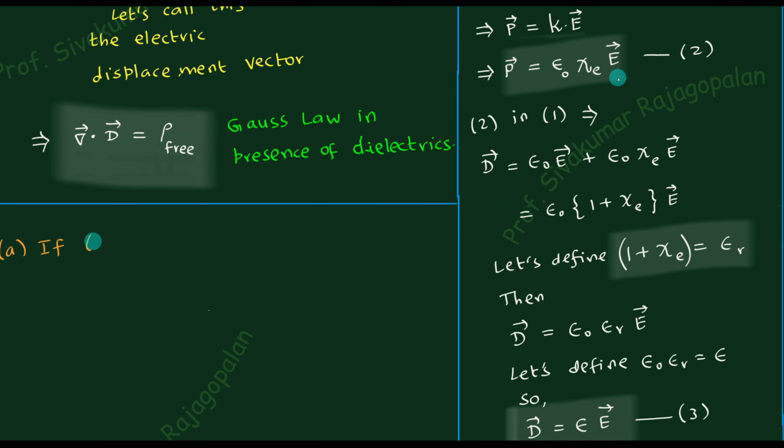It is not that you can give the name of the material. Suppose I say glass, or Teflon, and then ask whether Teflon is a linear dielectric, you say we can't tell the answer because the question itself is wrong. You can only say that Teflon is a dielectric. Whether it is a linear dielectric or not, you cannot say. How do you know? If you maintain your experiment in such a way that the strength of the electric field is low enough to maintain this relation, then we say that whatever dielectric material you have is in the linear regime. So that is the meaning.